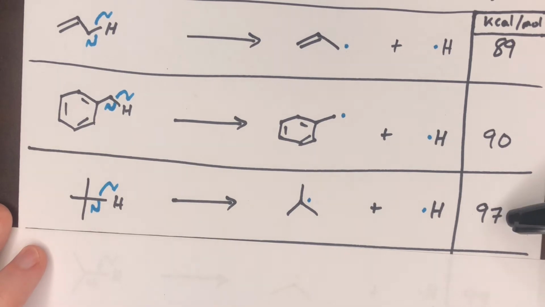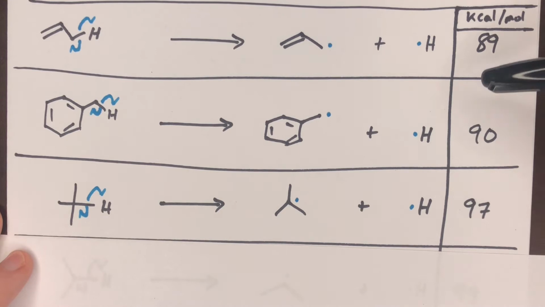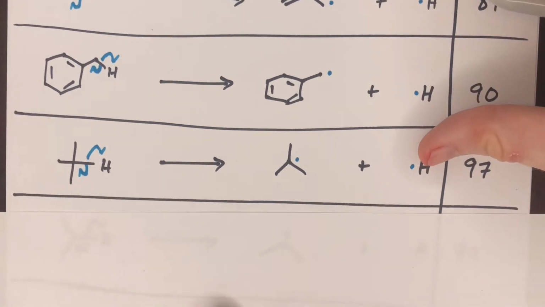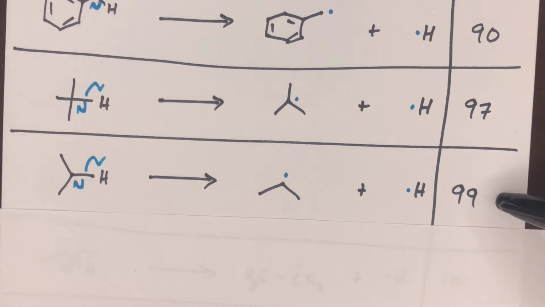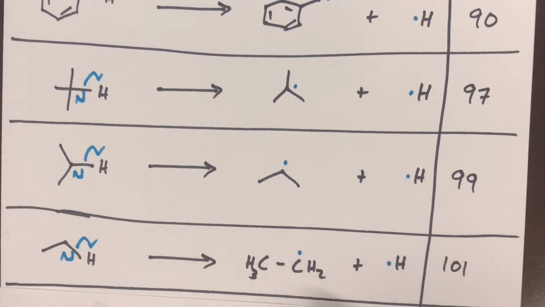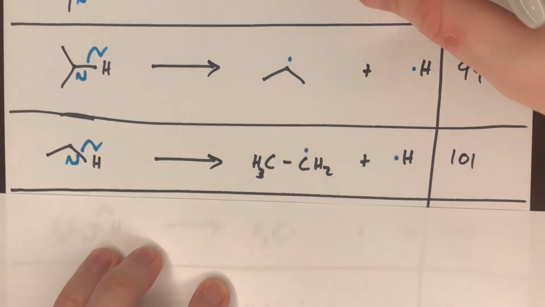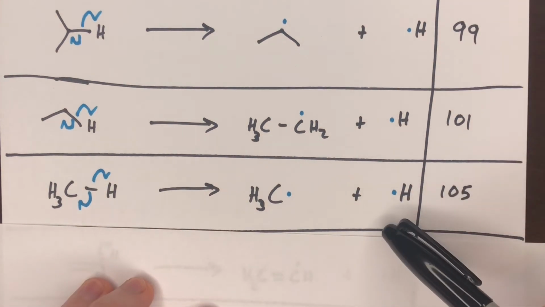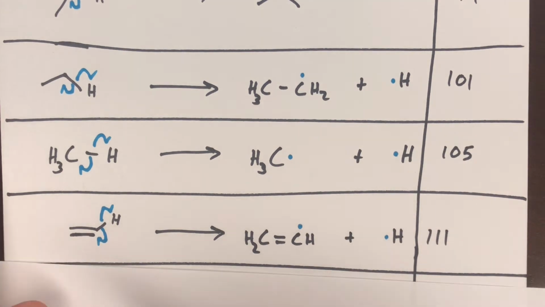So again, relatively stable compared to the methane that we started with, but still the allylic and benzylic radicals are far more stable because it took much less energy to break those bonds. And then we move down to isopropyl. This takes a little bit more energy than the t-butyl group. And here we have an ethane group, again increasing in the energy required, so the radical is less stable. Here we're at our methane group, 105 kcal per mole. And then lastly, we have our vinylic